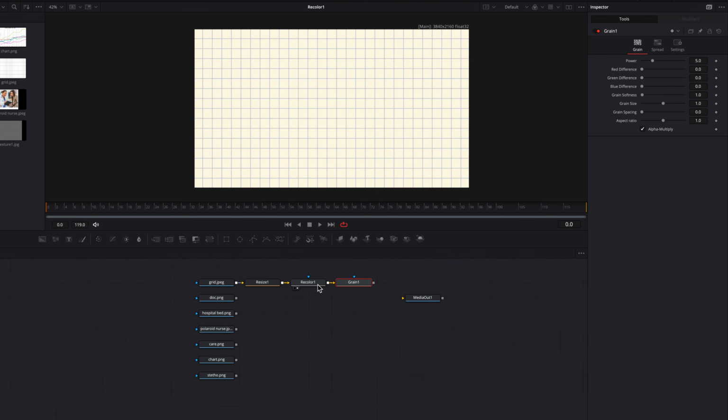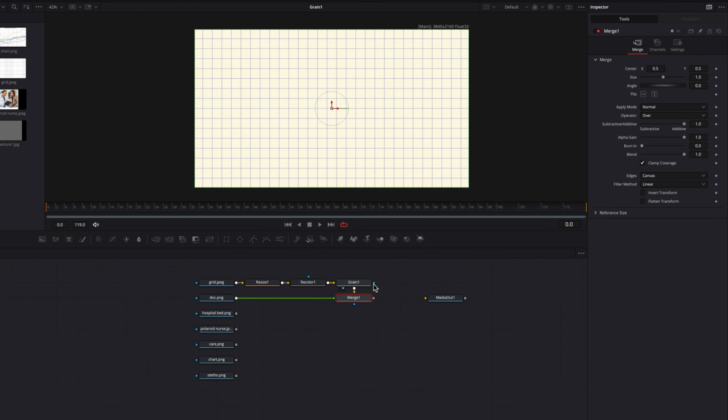Now the next thing I'm going to do here is just to bring a grain node and change the power and the grain size setting just ever so slightly. This will just add some extra texture to this background. Now let's just go ahead and connect this doctor picture to the background as a foreground. Now in the merge node, we are going to first of all change the size setting, just bring that up a little bit, and then we're going to change the center setting so that the picture is positioned just slightly